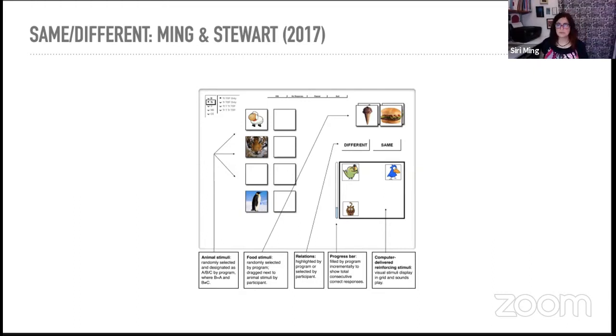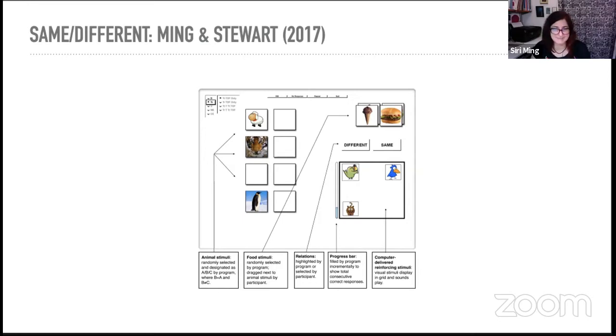And you would think that this would be easy for kids who know same and different responding. It seems really obvious that if the tiger and the penguin like the same food and the tiger likes ice cream, then the penguin will like ice cream. And if the tiger and the sheep like different food, then if the tiger likes ice cream, the sheep will like hamburgers. But I can tell you that I worked with a lot of kids whose teachers told me that,